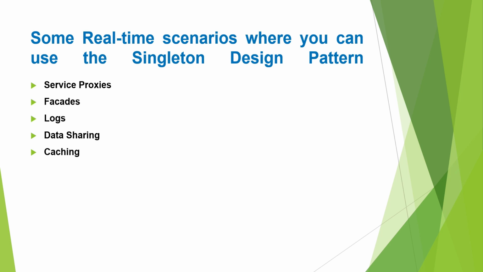Now, the last one is caching. As we know, fetching the data from a database is a time-consuming process. In your application, you can cache the master and configuration data in memory, which will avoid the DB calls. In such situations, the singleton class can be used to handle the caching with thread synchronization in an efficient manner, which drastically improves the performance of the application.